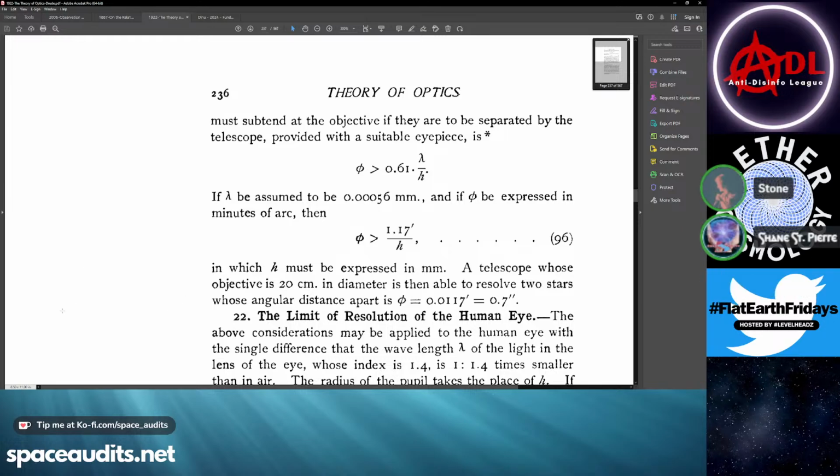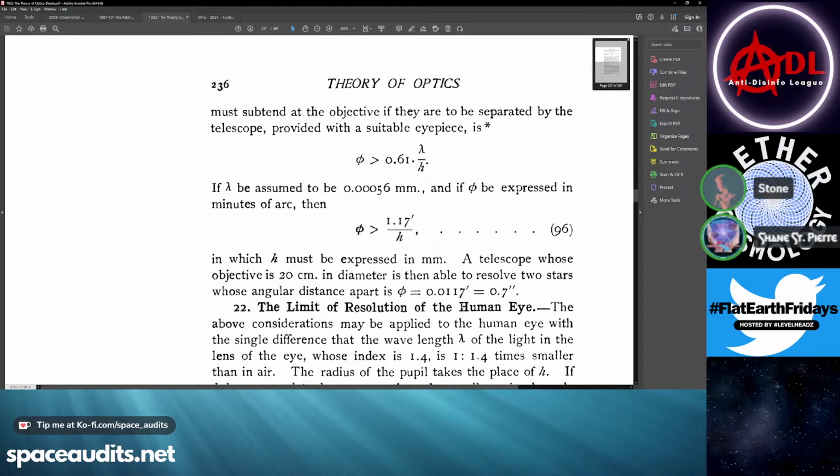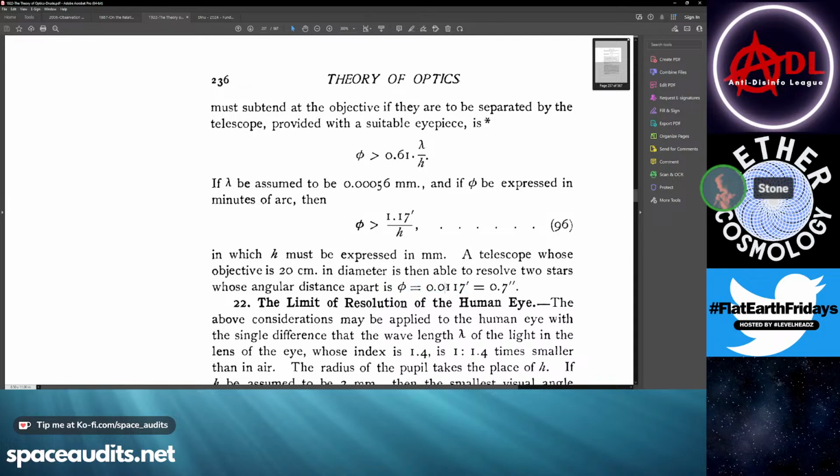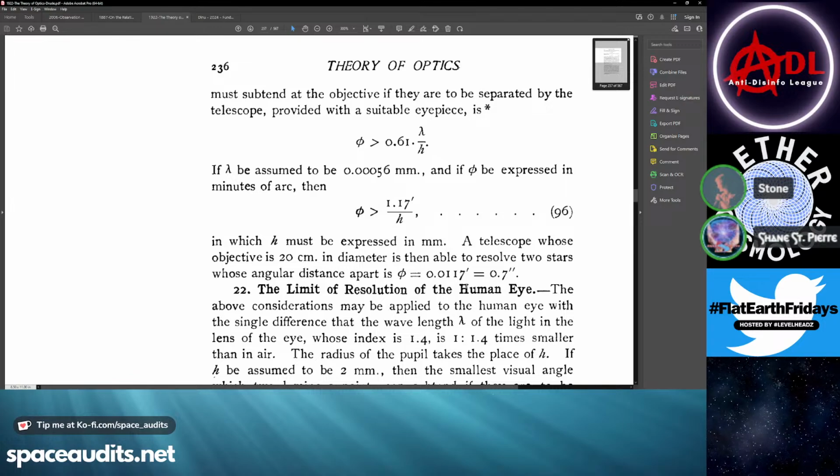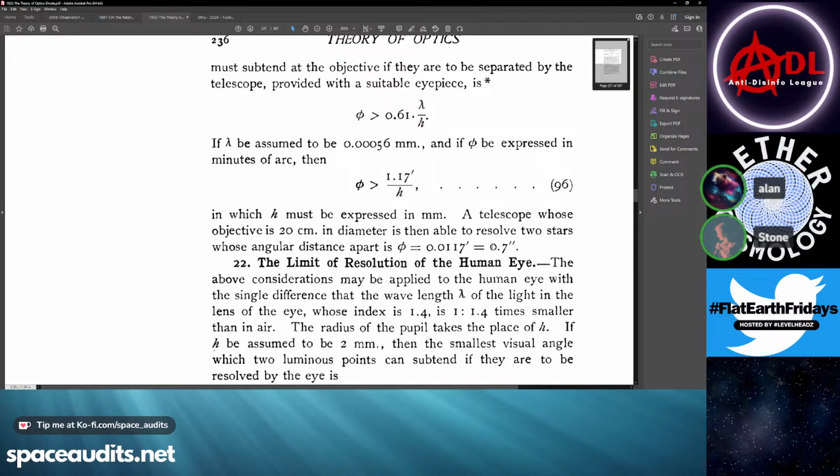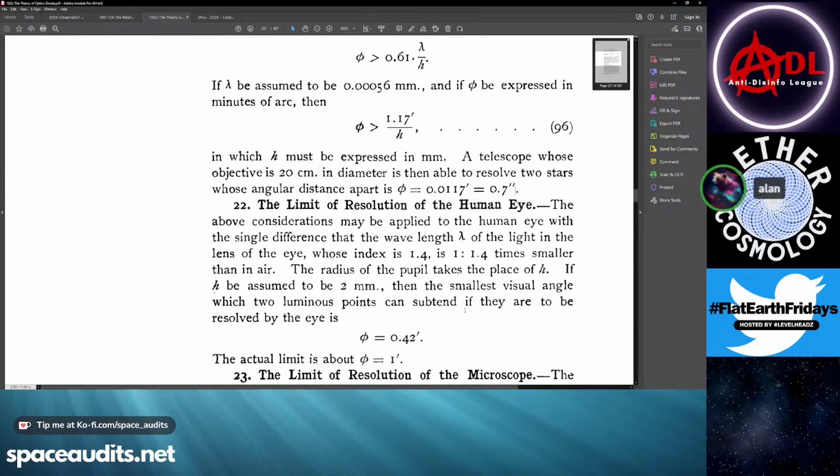Those are minutes and seconds of a degree. I was like, these are almost the tiniest fractions of a degree that they're talking about. Phi has to be greater than 1.17 arc minutes, which is a 55th of a degree, over h, over its height, right? Just absolutely slim. They were talking before about how many centimeters over this huge, gigantic measurement. I wanted to say 1.7 prime, and I'm like, that's not right, dude. Arc seconds. Arc minutes to seconds? Like 117 minutes over there to 7 seconds, yeah. Jeez Louise, as they say.